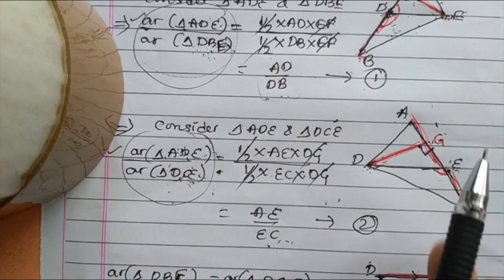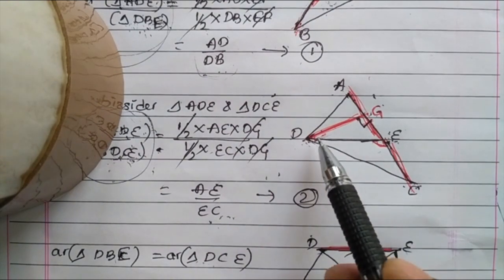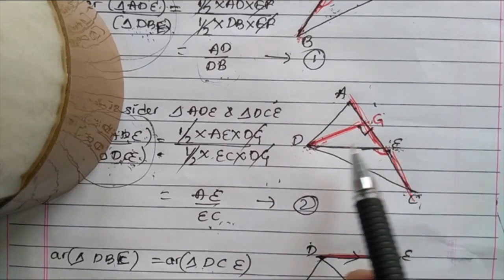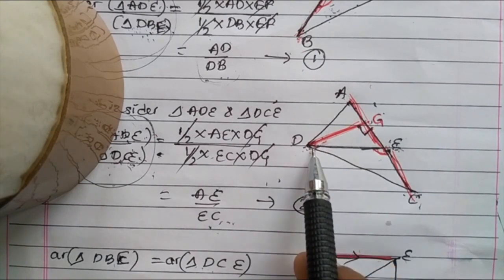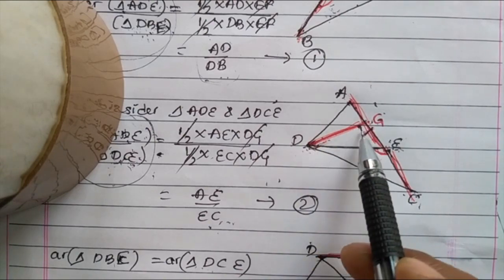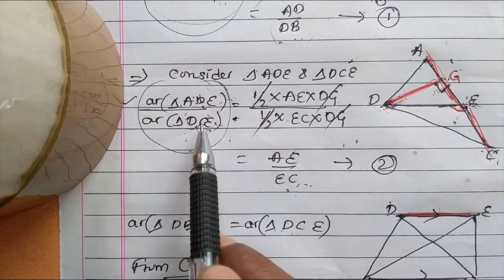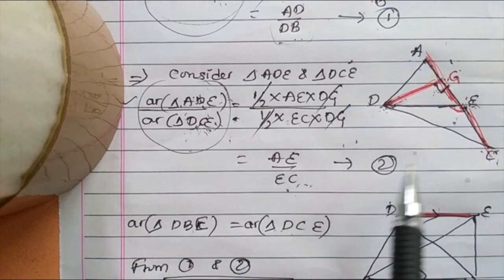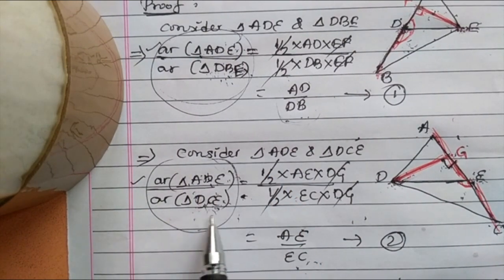To obtain equation 2, separate the remaining half part of the main diagram and draw it. Draw perpendiculars for the ADE triangle and the DCE triangle. The ADE triangle has AE as base and DG as perpendicular, or height. For the other triangle, an obtuse angle triangle, the height is outside the triangle, already drawn for the first acute one. There also the two triangle areas are half into base into height. Some common things are removed, and we obtain the first result ADE by DBE, the second result ADE by DCE.